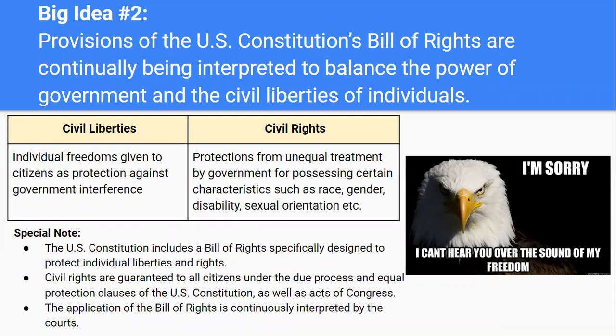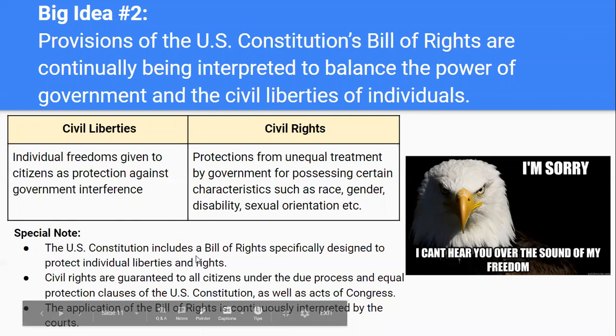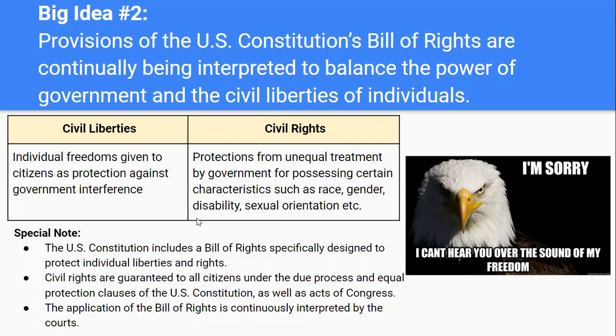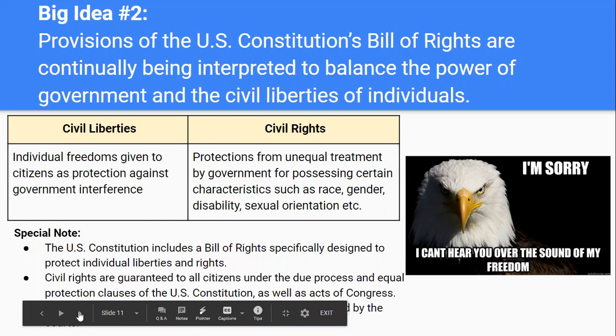And Congress, or the national government, will not prevent us from freely exercising the religion of our choice. So those are civil liberties. And then civil rights are the extension of certain rights to previously discriminated groups, race, gender, disability, sexual orientation, extending those rights to previously discriminated